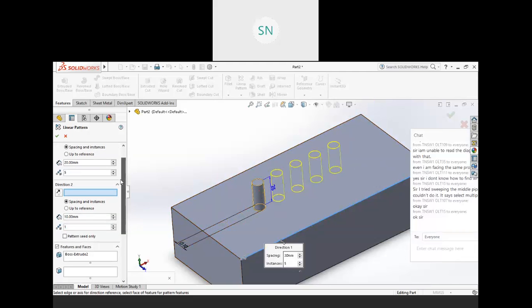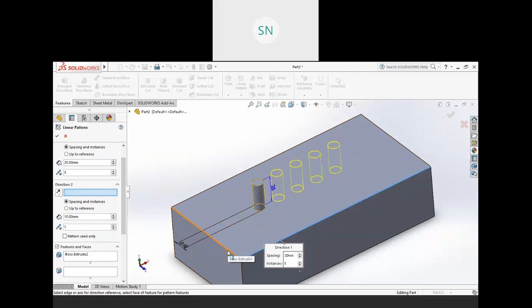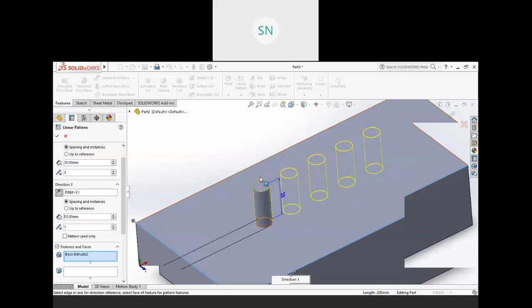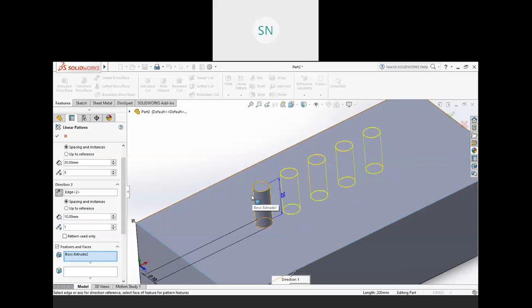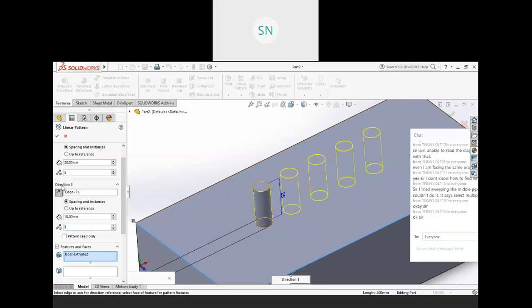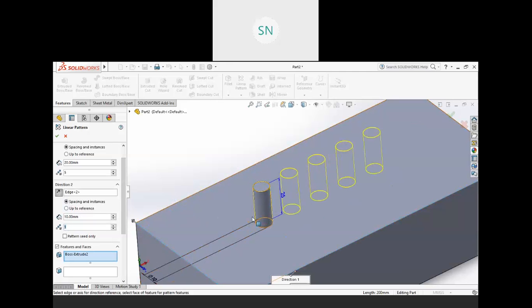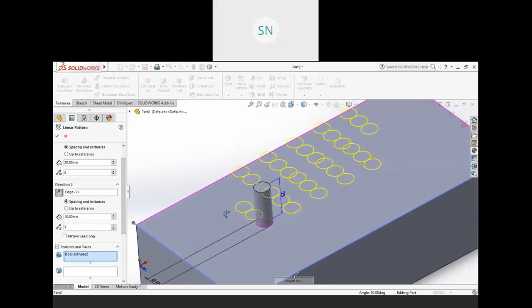Same way, if you go with direction 2, click it. So this is our second direction, but we are not getting any copy because we have only one copy over here. See, in direction 2 we have number of copies 1, that means we have only one object. So let me increase that to 3, so you will get the other copies.